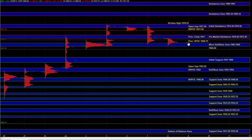As long as we hold above this little range, the bottom of this recent balance and recent range, then we still have to give more edge to the buy side. And because TF is also set to open right at support, the default scenario is still that buyers will be active around this 66 to 68 micro bull bear zone and make a push at least up to 70.5 to 72.5. And then if there's some decent momentum behind it and the Russell starts picking up as well,